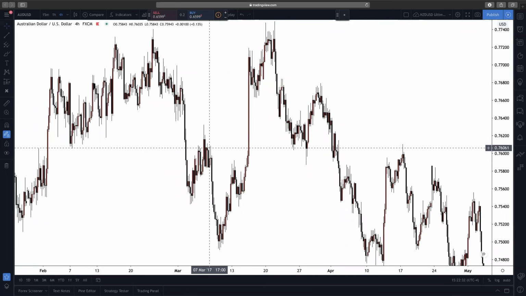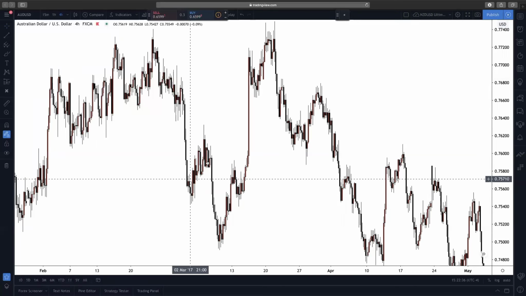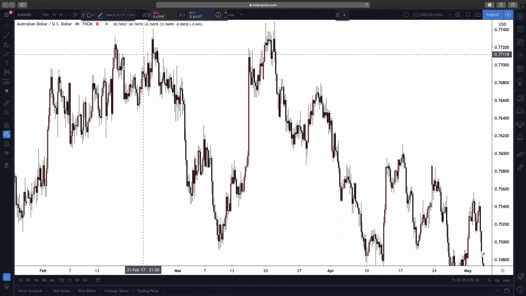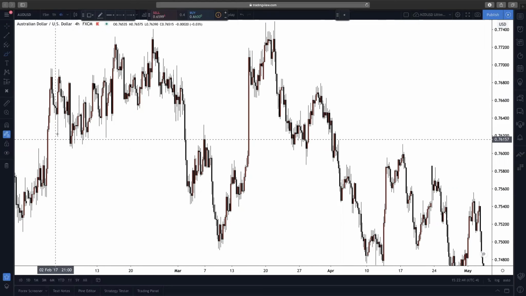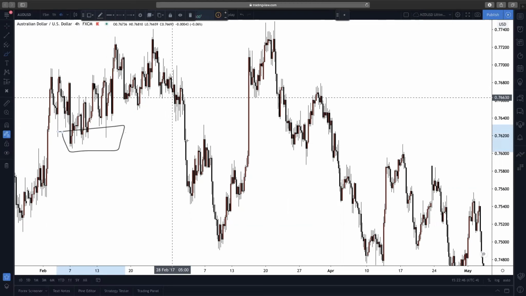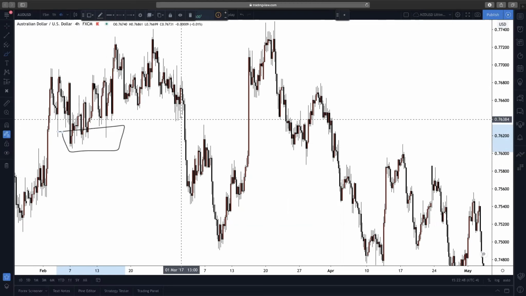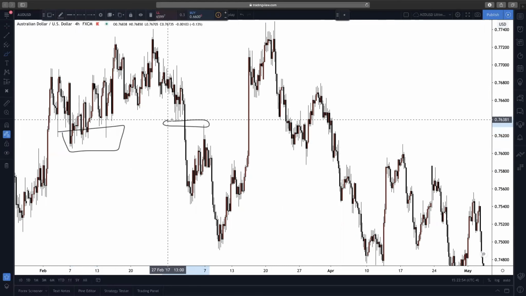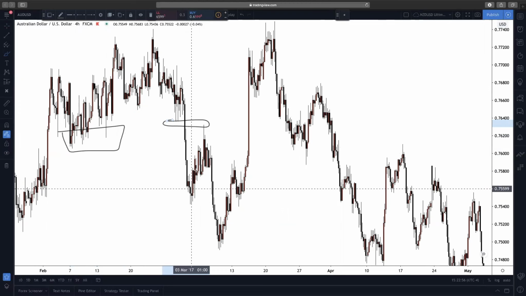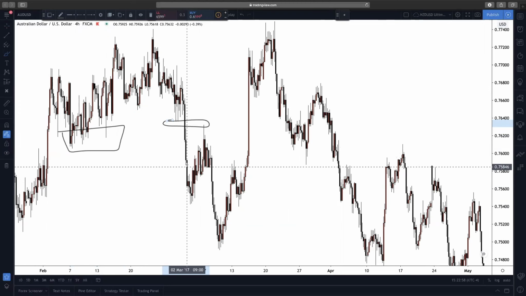So here we are in March of 2017. We're going to go over a couple months here overall. Coming off of February, we have a drop, a break of this market structure here, right, proving that we are now bearish. And as you can see, the filling of this inefficient price action here, price comes back to retest it, and you could see the